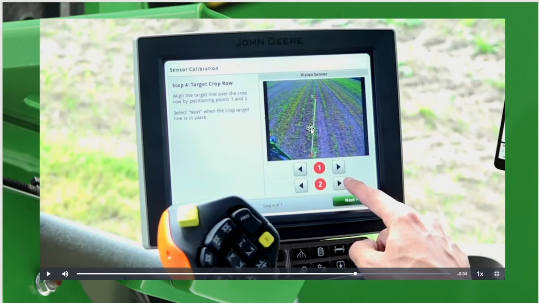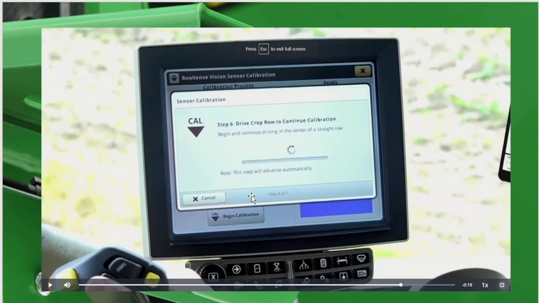Step 4 is the big step, and that's on you. We're going to align point 1 and point 2 on the center of that crop row. So we can adjust each of them 2 points and get it as centered as we can over the greenest spot on that row. Step 5, again, is another processing step. And then step 6,